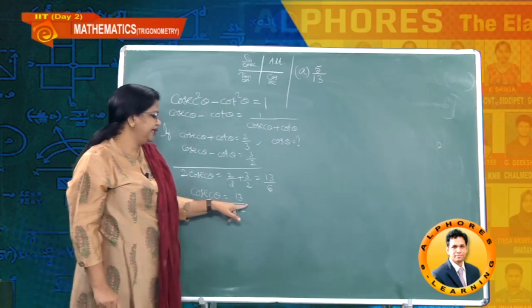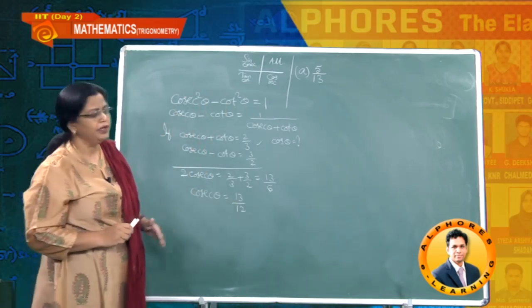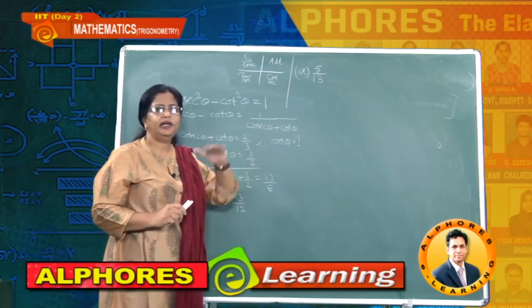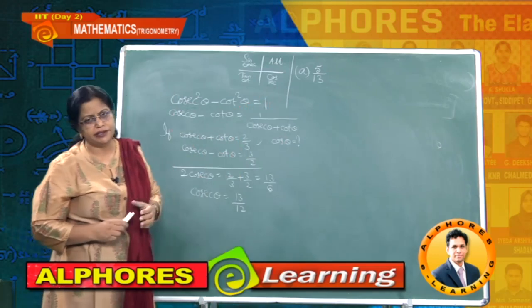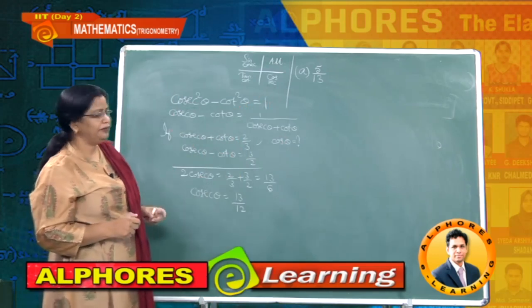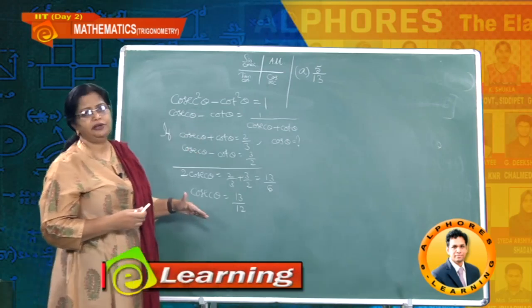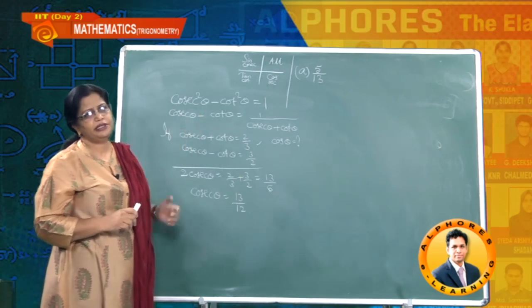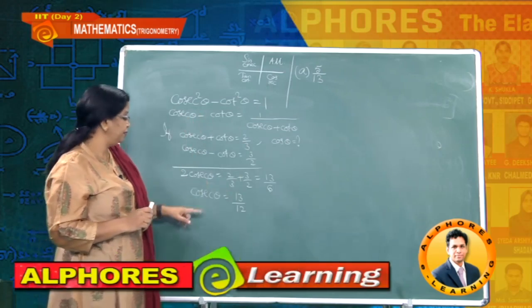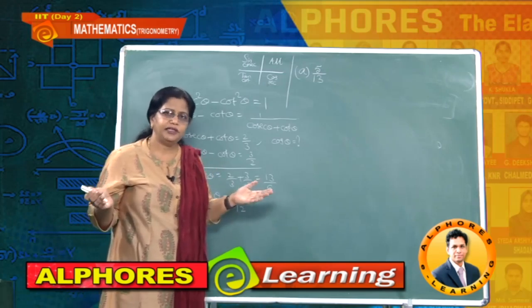And now cosecant theta is 13 by 12. Don't stop the problem here itself, don't immediately draw a right angle triangle and thereby decide this is one of the answers. Okay, so what I have to do, just like the previous one, you need to subtract and decide exactly what is the quadrant of theta, just like our previous problem. Cosecant theta I got positive, that doesn't mean theta is acute.